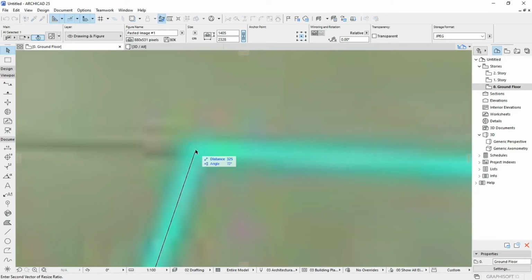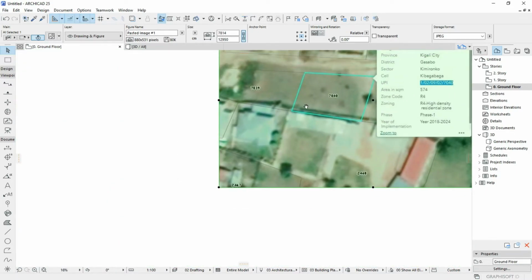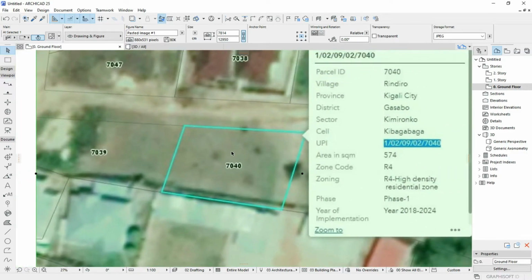You click here and then type your measurement, which should be 1810 centimeters, which is actually 18.1 meters. So I hit enter, and boom,